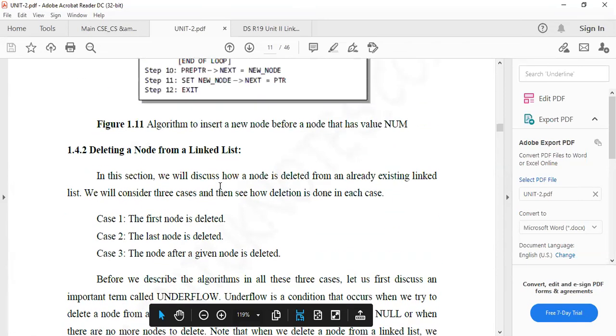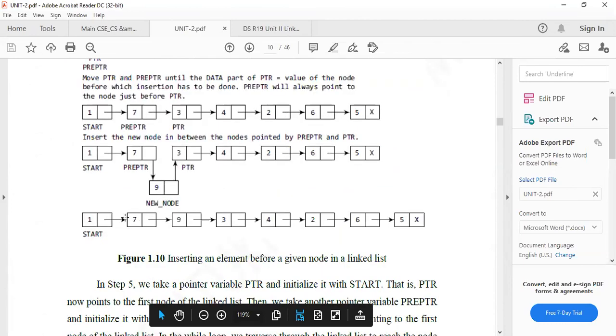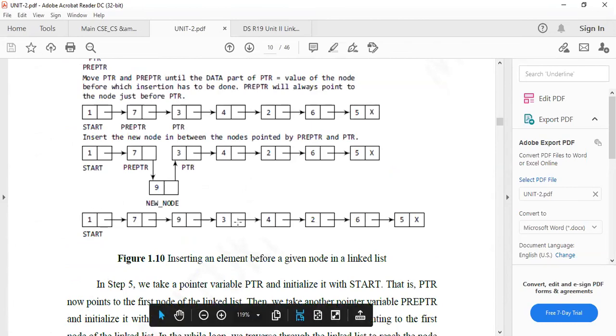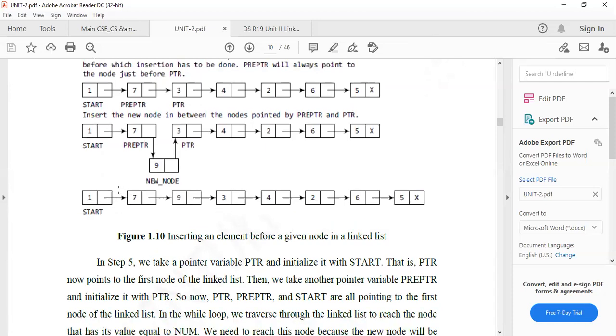If you want to delete the nodes here, see, if you want to delete 7, 9, 3, 4, 6, so only the nodes 1 to 5 remain. Instead of the deleted nodes, you can store other nodes or you can reserve the memory space also. So the memory wastage will be saved here. But from another point of view, memory is wasted due to the usage of pointers.